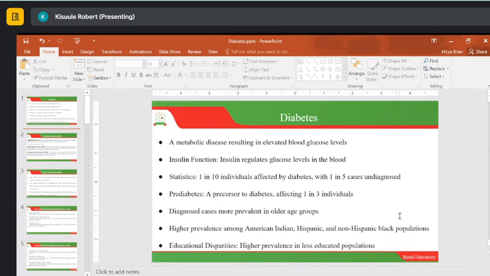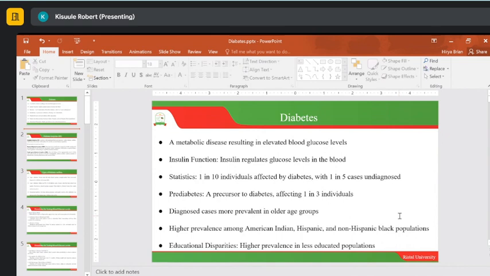Now, shifting gears, we are looking at the metabolic syndrome, and we have started with the first one, which we could call diabetes mellitus, but we will see others as we go on: the hypertension, the cardiovascular diseases, the liver cirrhosis, and also what people call the fatty liver, etc., as time goes on. And we are saying that diabetes is a metabolic disease, or you could call it a condition resulting from elevated levels of glucose in blood.